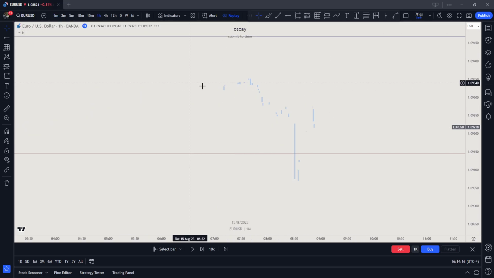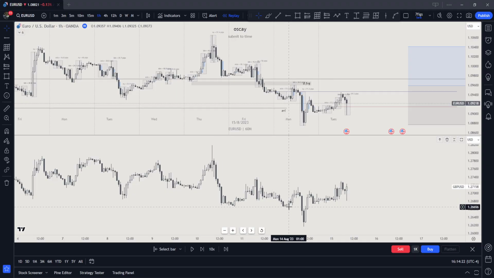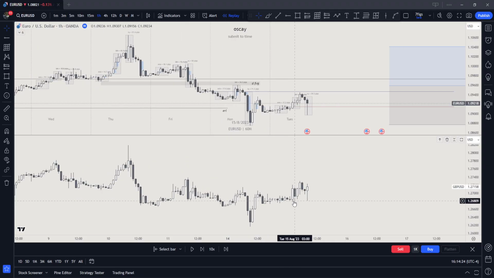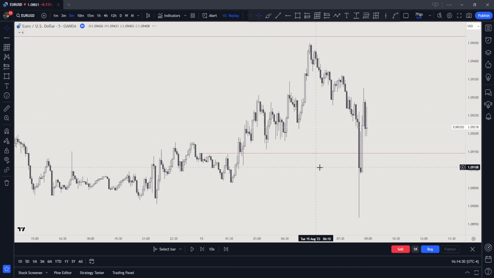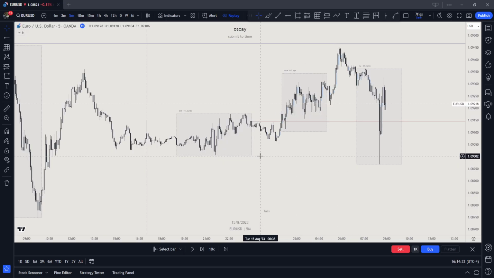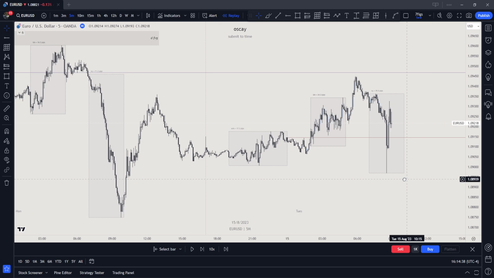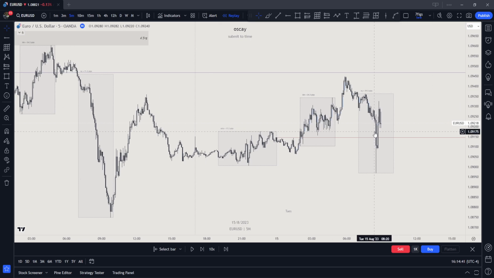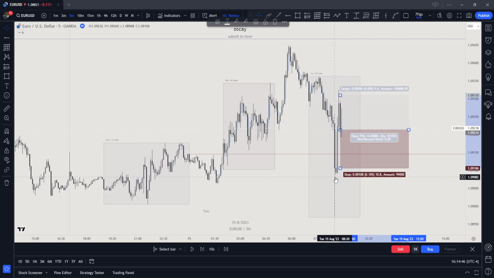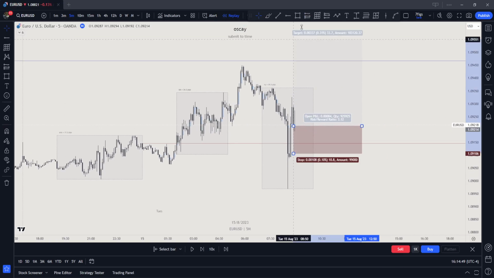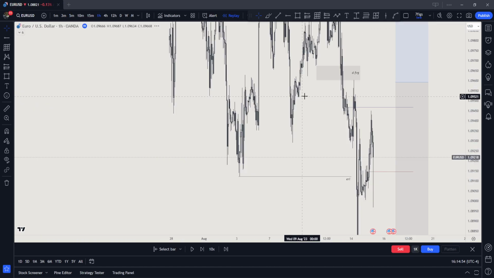Did I just... Oh. Okay. So right here, it accumulated orders inside of the balanced price range, and then it went up. 8:30 news manipulated down, changing state of delivery, balanced price range. We are in discount. We just took external range liquidity. You can do this, but I'm not going to do it. I just go straight pro trend.